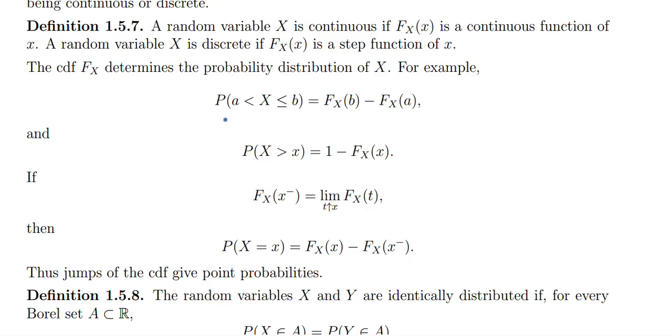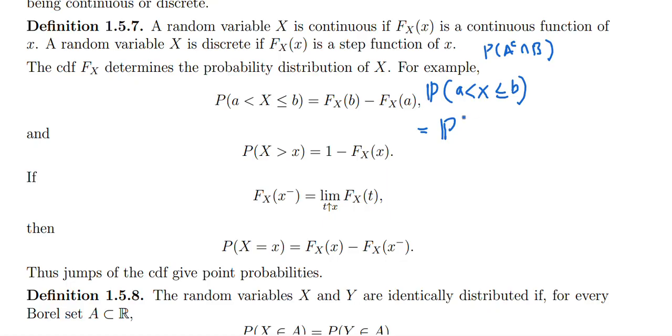For example, probability a less than X less or equal to b is F X of b minus F X of a. We can show this. How do we show this? Start from the left hand side: probability a less than X less or equal to b. I want to write this as probability of A intersection, A complement intersection B. So can I write this as